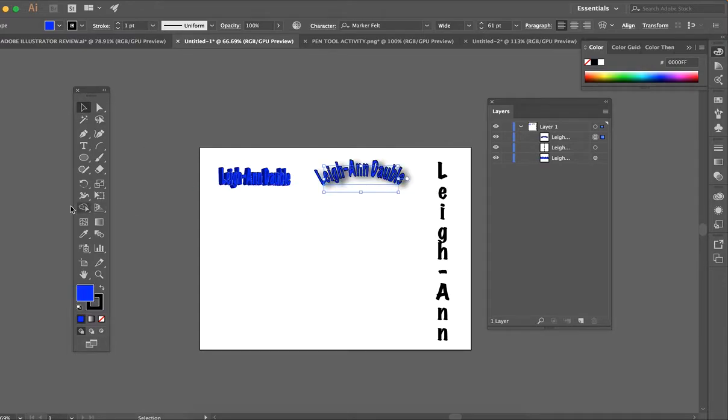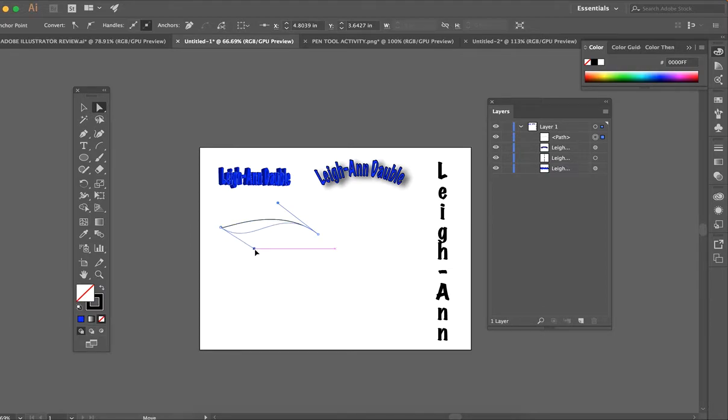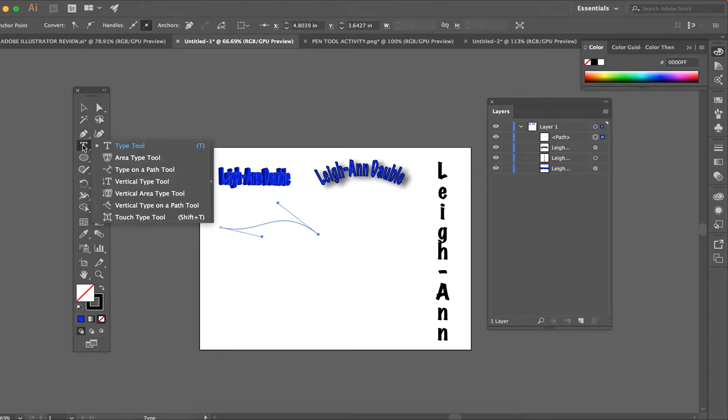The last thing I wanted to show you was writing on a path or on a shape. So you can actually use any of your line tools. I'm going to use my arc tool to create a path to write on. If you wanted to create a customized warp, you could use your arc tool. Using your direct selection tool, you can change the direction of this path line. So let's say I wanted my information to sit on this line. I can go to type on a path,